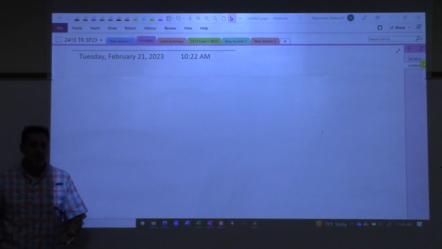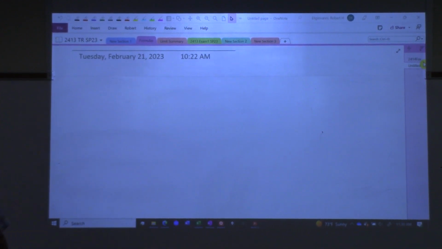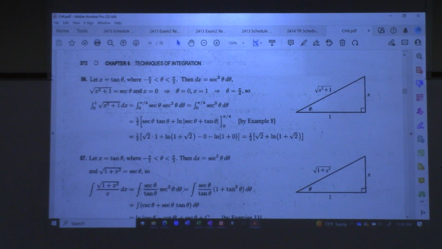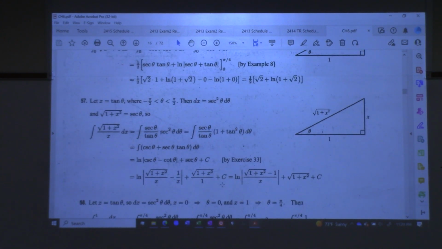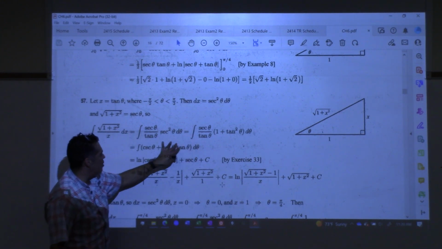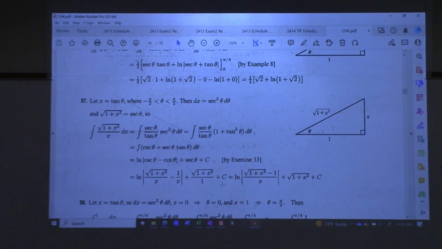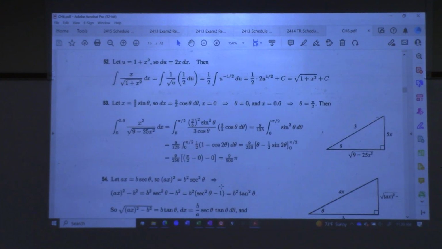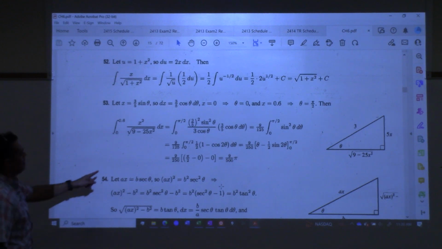So anything could come. And before class, that's what I was doing. I was deciding what I was going to give you for the quiz. That makes sense. So I was looking at the solutions, and I was just scrolling along. Like I could have given you this one, something like this. But I was looking at what integral you wind up with, and I didn't want to do any secants and tangents. I wanted it to come out to be a certain way, and so I picked this one right here,